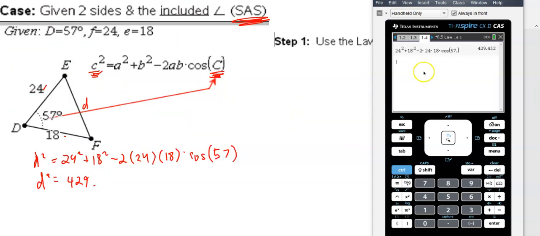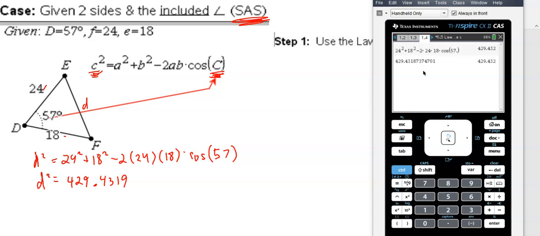And we could get more decimals if we want. I come mousing up and pressing enter. So 429.4319. Well, that seems awfully big. The other sides are 24 and 18, and this is 429. That doesn't make sense. Oh, if you're paying attention, the big thing you do have to pay attention to is this